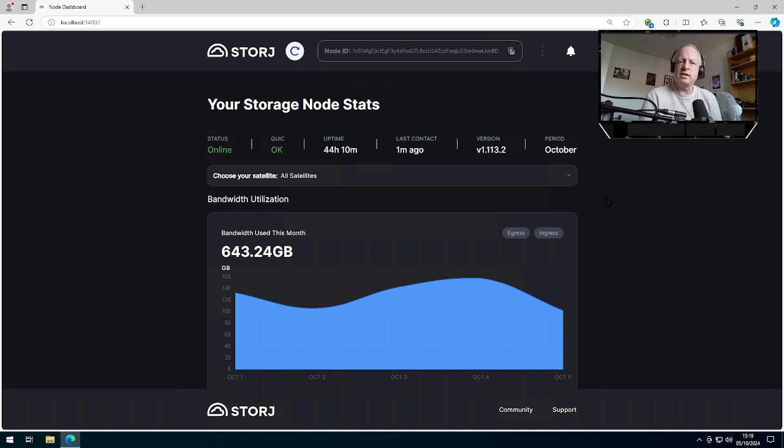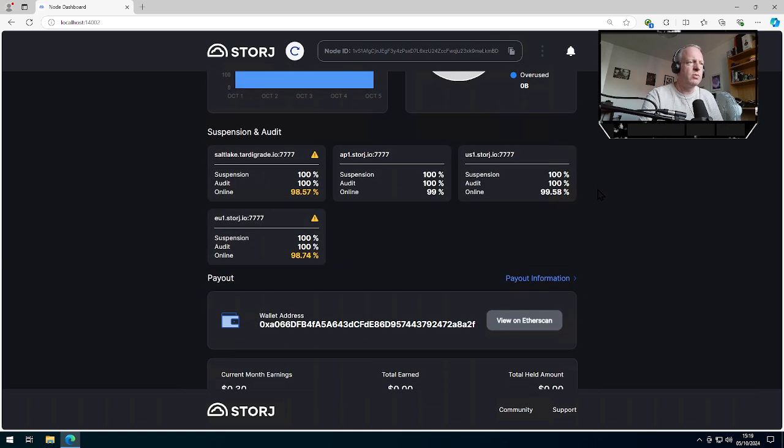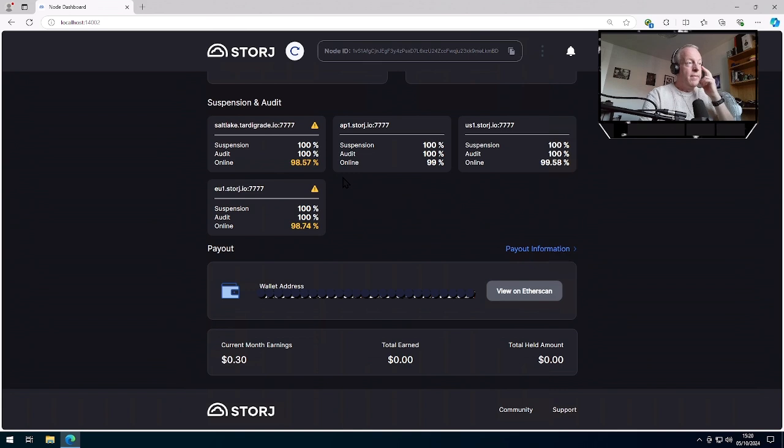And I don't think it does every update, but it does it to a schedule to keep your node up to date. So I'll have to keep a close eye on that, because that one outage alone did have an impact. And if we go down to the satellites, we can see what it has done. So pretty much across the board, all 4 satellites noted the downtime that was associated with that,